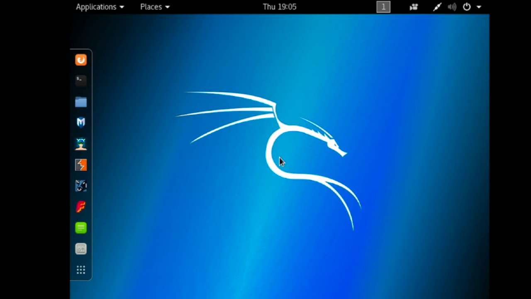So when you can see, using our Kali Linux live installation, we can access our Kali machine within some